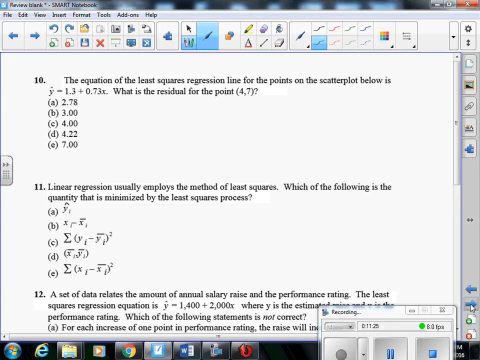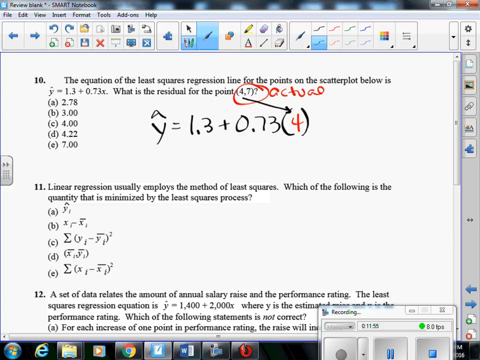10. The equation of the least square regression line for the points on the scatter plot is this. What is the residual for this point? If I give you the least square regression line and a point, this is my actual data. So we need to find out what our predicted would be. I'm going to take the x value and plug it into my y hat equation. So 1.3 plus 0.73 times 4, because that's my actual data I'm plugging in here, gives me a predicted value